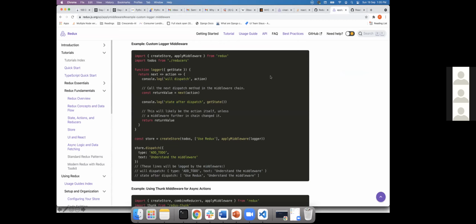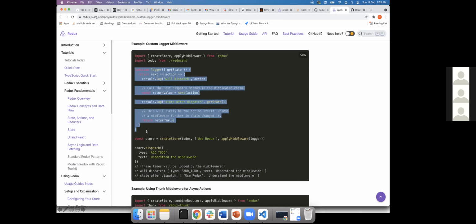Okay, so so far what we have seen, we dispatch an action. That action is a single piece of object that updates the state, right? So what Thunk or middleware does is, instead of returning an object, it returns a function. That function will be executed with the same payload, or maybe a changed payload, and then the store will get updated. Does it make sense? So that is what your Thunk is going to do.